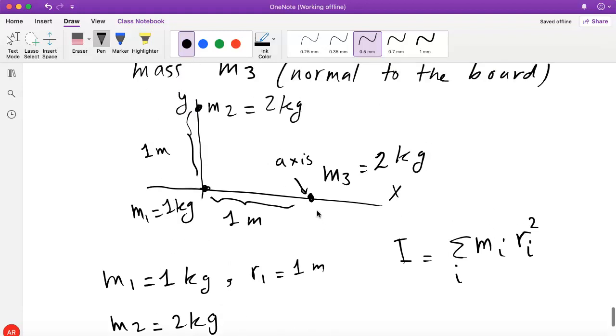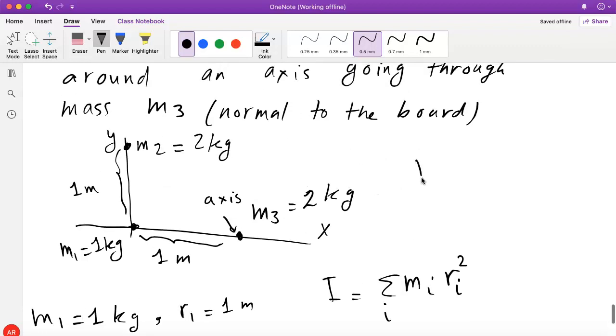What about the distance between this mass m2 and the axis of rotation? Well, we have to do a little bit of geometry, right? So what is that distance? If that's m3, that's m2. R2 is the length of this line connecting these two masses. So we know